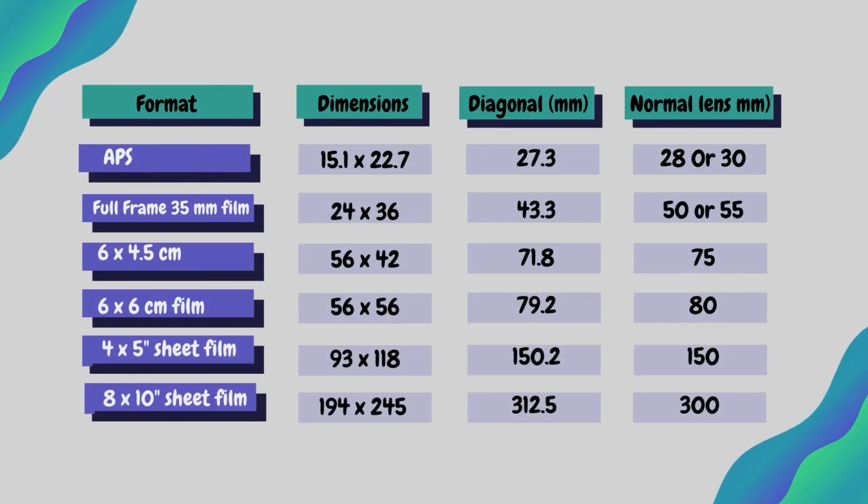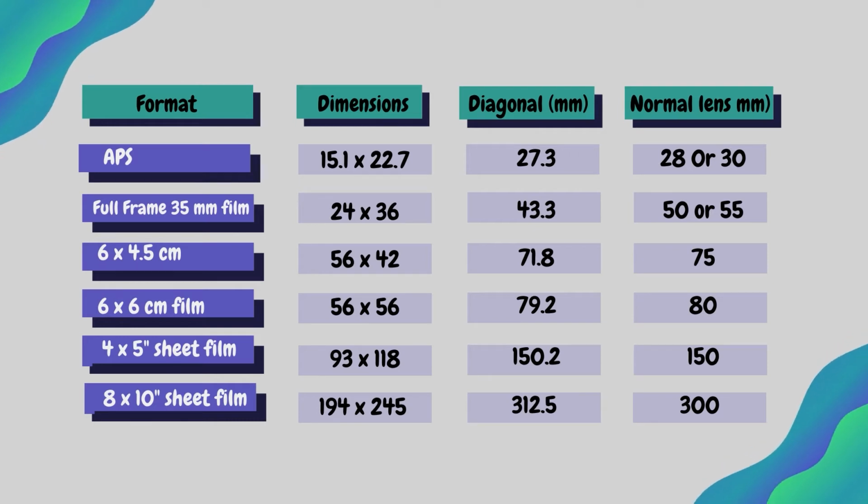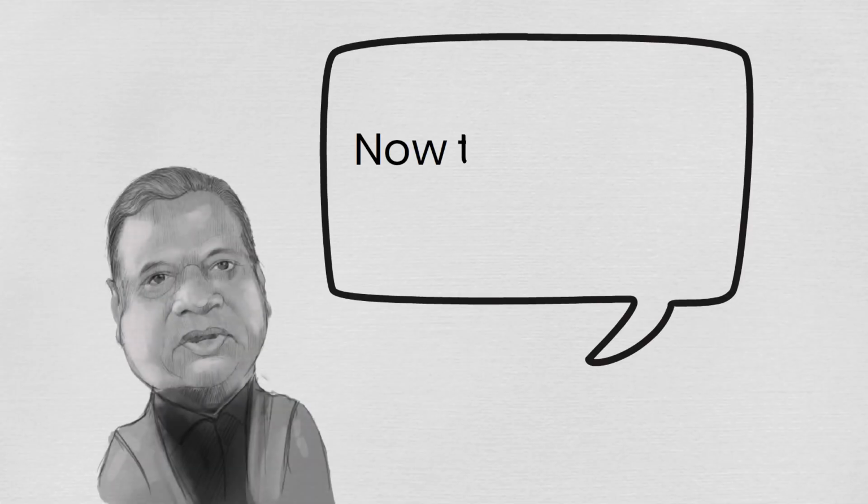This is just a reference, I am not going to get into detail for it. This is just to show you how the normal lens will vary according to the format of the camera. A 120 mm camera, a large format camera, then mini aim and shoot cameras, all the normal lenses will differ depending upon the size of the sensor. You do not have to go through it in detail, but it is just to illustrate to you that the normal lens keeps varying.